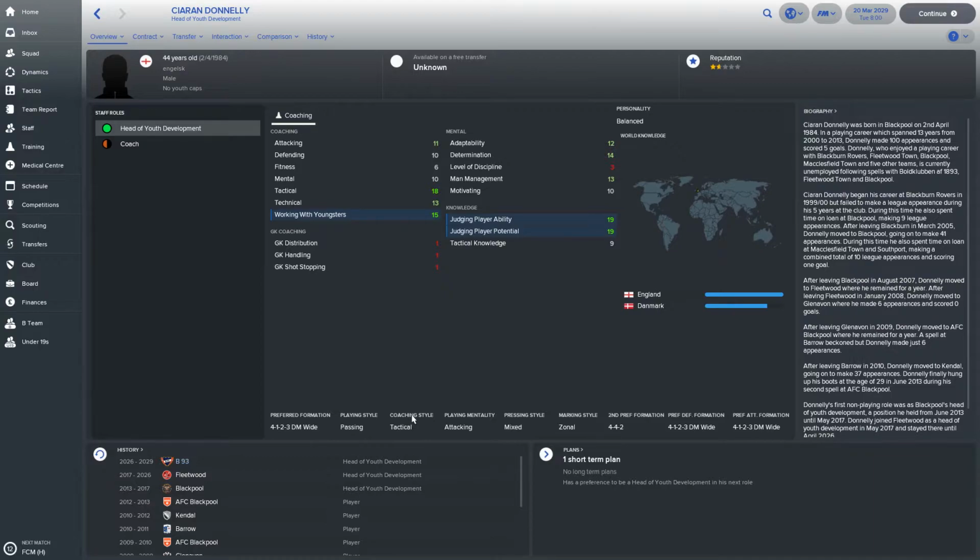But why am I talking about this? You see, your head of youth development is responsible for your youth intake pretty much.